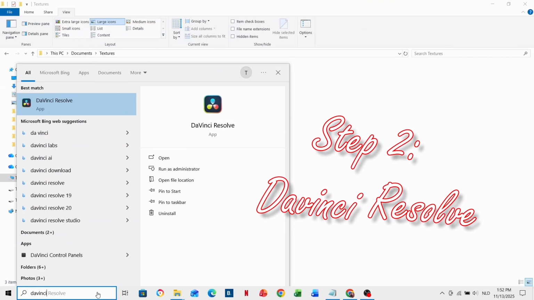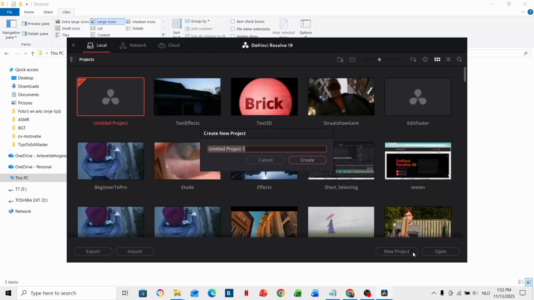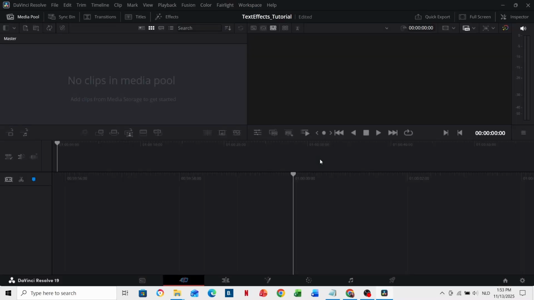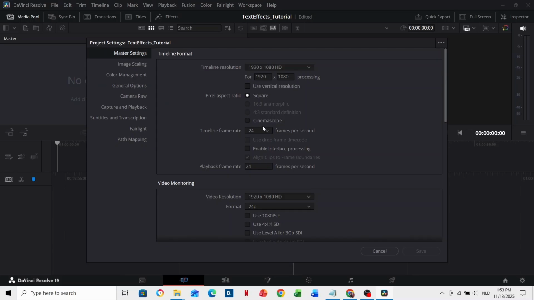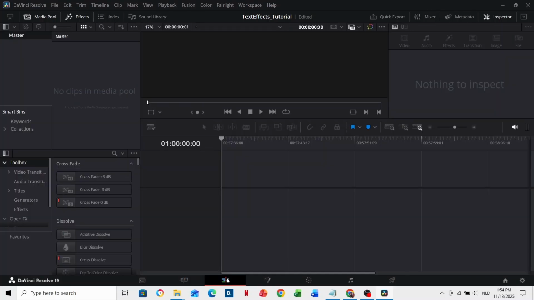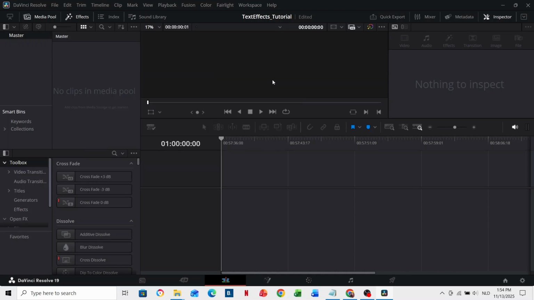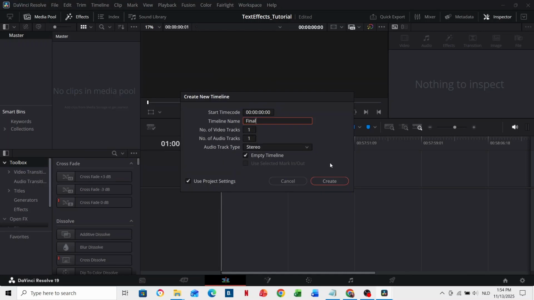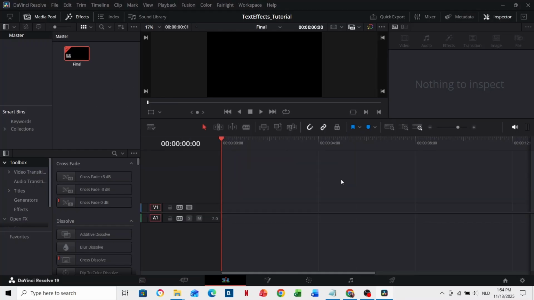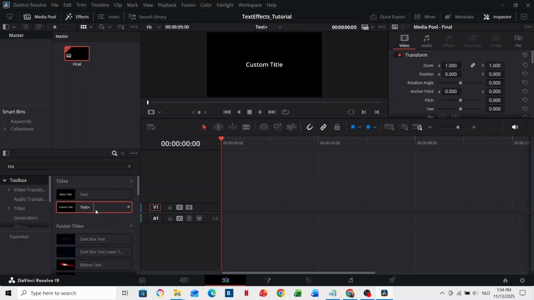Now let's open the greatest software, DaVinci Resolve. Create a new project, give it a name and click Create. I will set it here on Full HD 25 FPS. You can do that as well or choose your own settings. Now go to the Edit page. Right click here, Timelines, create new timeline, and give this a name as well. Click Create. The first step here is to search for Text Plus while standing on Toolbox and drag it to